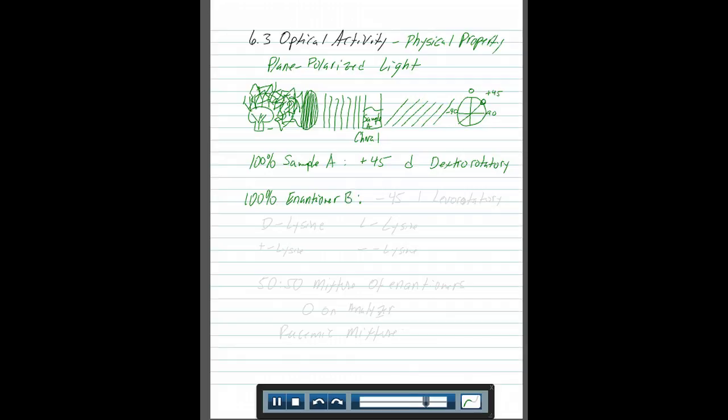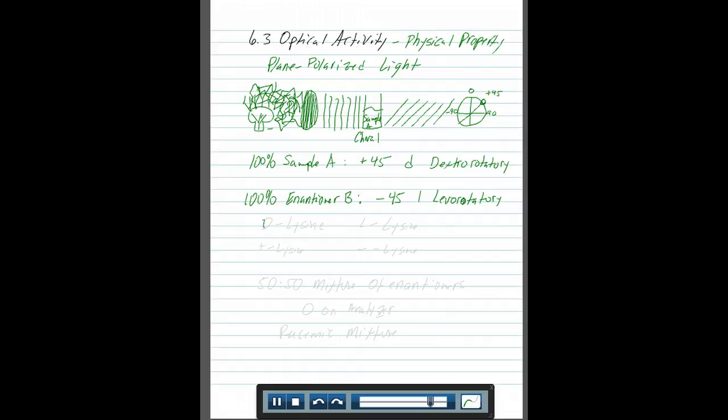how do you think it's going to shift the light? Let's say I have the exact mirror image of it. What do you guys think? Well, the light's going to shift negative 45. So the enantiomer shifts it in exactly the opposite direction, and that is levorotatory. So L is sometimes used. So in the name, they'll have it as D and then the name of the compound,